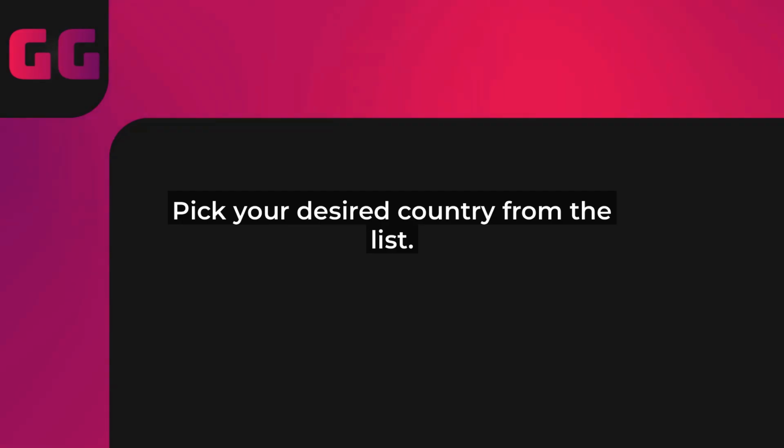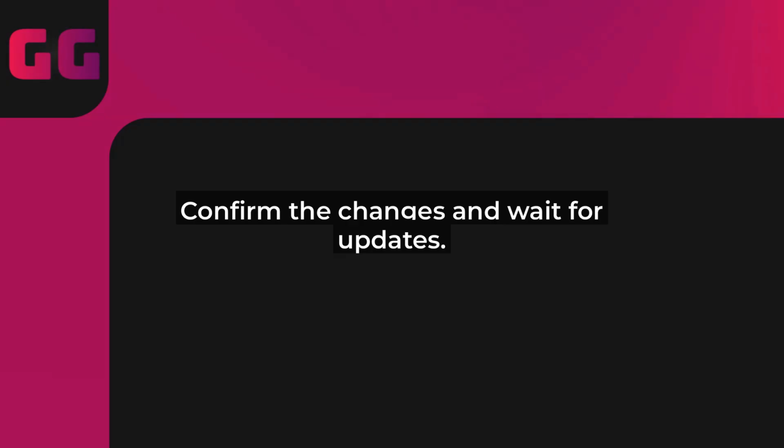After selecting your new country, the app will prompt you to confirm. Hit Confirm, and wait a few seconds for the changes to take effect. You might need to log out and log back in to see everything updated. If you run into any issues, like the app not recognizing your selection, try clearing the cache or restarting your device. McDonald's has improved error handling in 2025, so these glitches are rare.